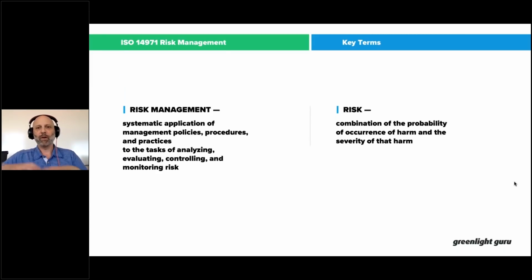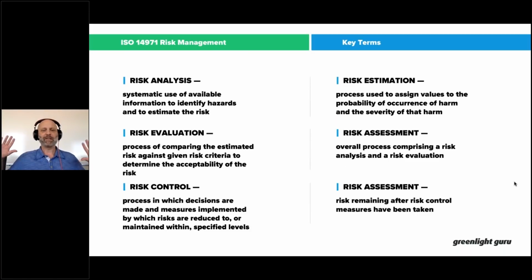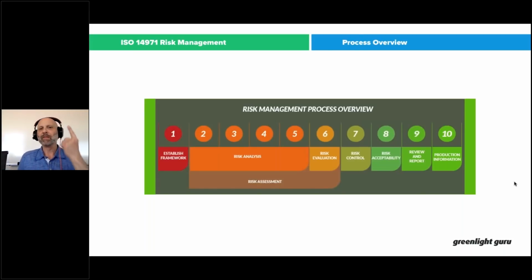If you read what ISO 14971 describes as risk, it is the combination of the probability of occurrence of harm and the severity of that harm. This is not John's definition. This isn't Greenlight's definition. This is ISO 14971. And when it talks about hazardous situation, it's a circumstance where events have happened, and it's not just a single fault failure. All right. So that's point number one that I want you to take home if you're strong in the FMEA camp. The other point that I want you to understand is it implies that it has to be